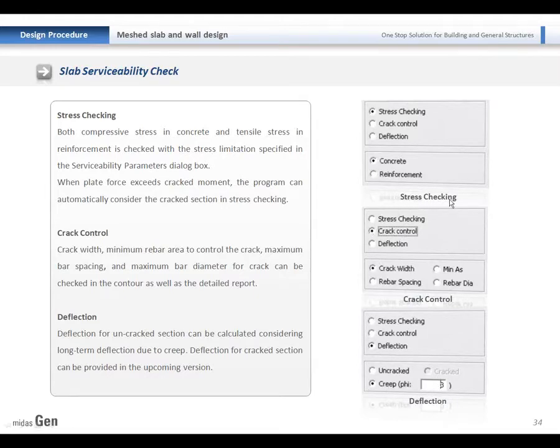For the stress check, stress checking for the concrete and reinforcement, and crack control for these 4 different results: crack width, minimum reinforcement, and some other values specified in the Eurocode. And for the deflection check, uncracked and cracked sections can be checked.